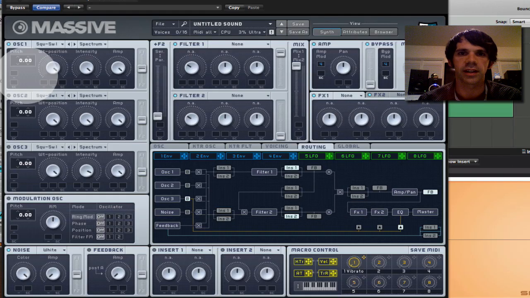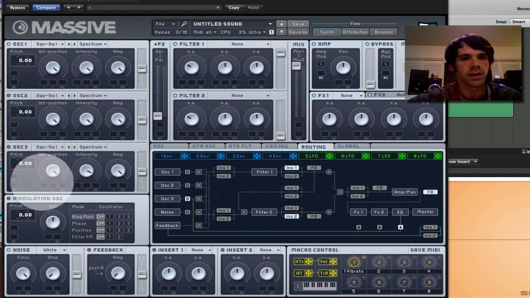So I'll take a quick look at the signal flow, and then we'll get into making a pretty cool bass sound in here. I'll probably do a couple videos on Massive because there's quite a bit to cover. But to start, we've got 3 oscillators over here, a modulation oscillator, noise oscillator,